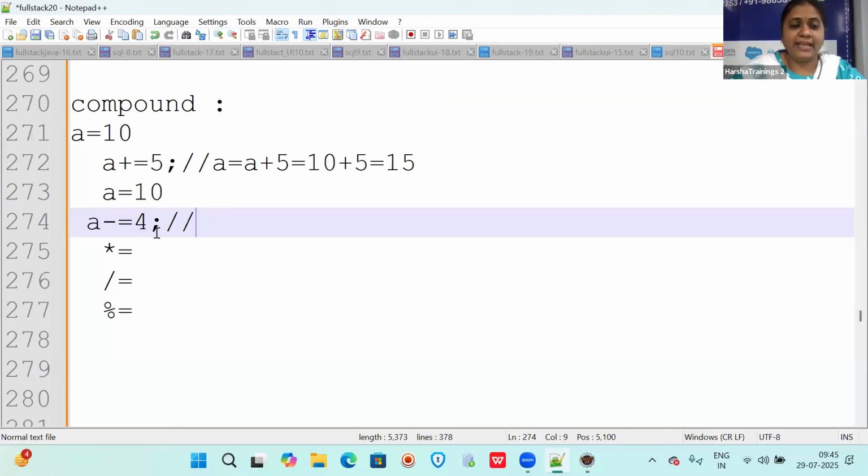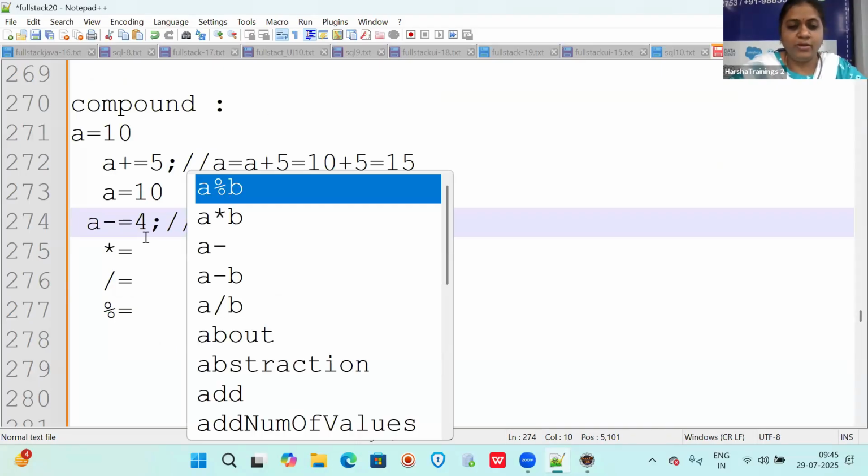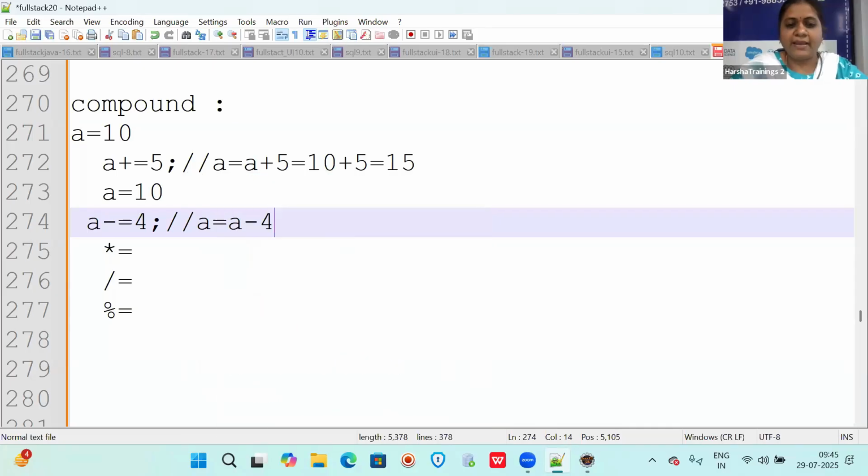Yes, it will decrease the value. A is equal to A minus 4. Now what will be the answer? 10 minus 4, how much? 6. Correct or not? Even though you write like this, it internally calculates like this and stores in where?